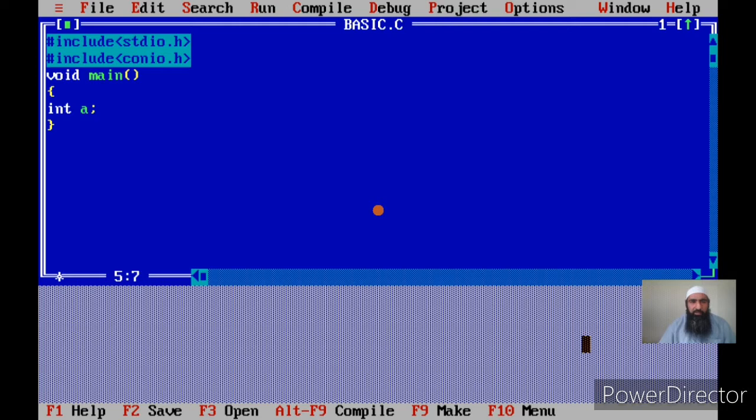Now in this case I have created a variable a, that is I have declared a variable a, and the compiler will provide me the memory location, and it will give the name a to that location. That is, it will bind the name that the programmer has given to that location. Then the programmer can use that location for putting his data or retrieving the data from it.